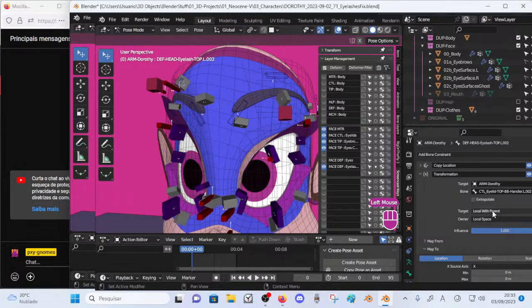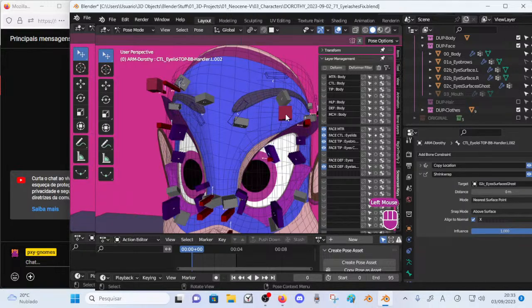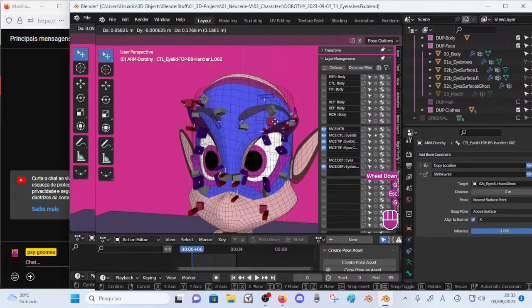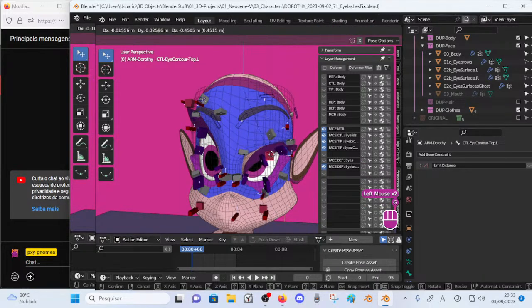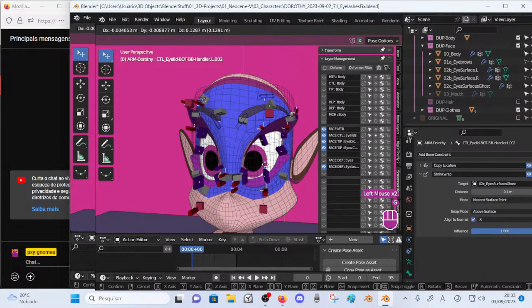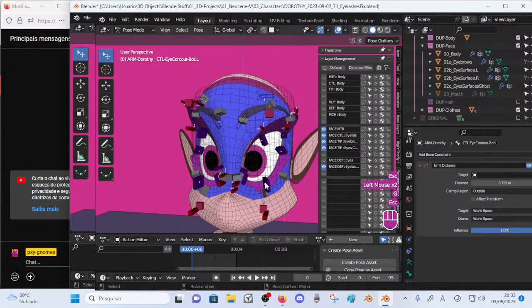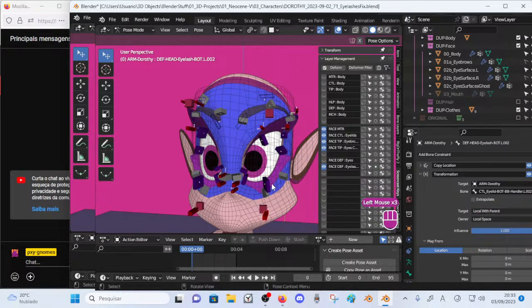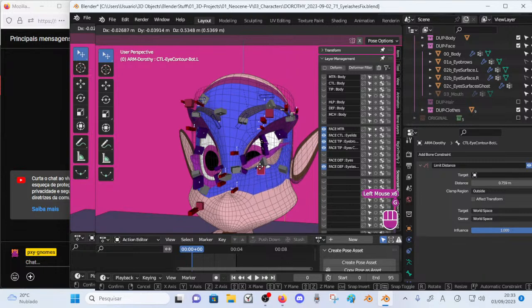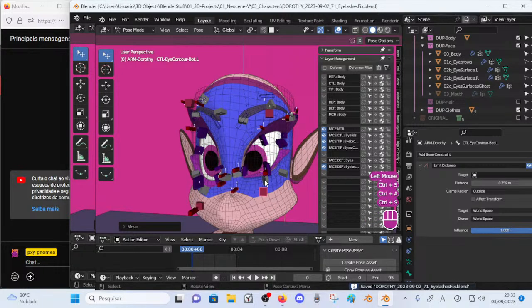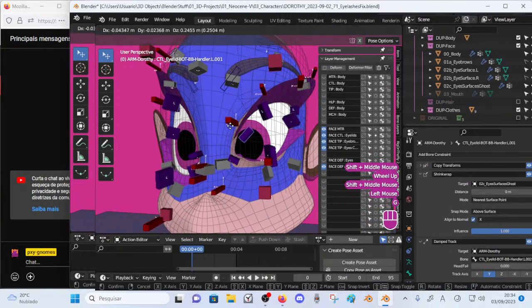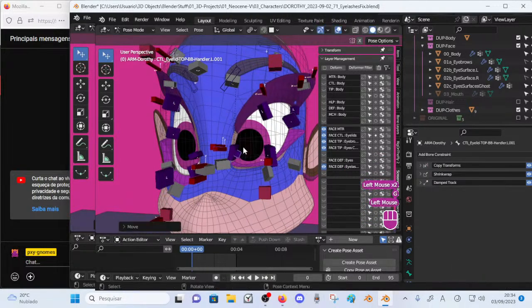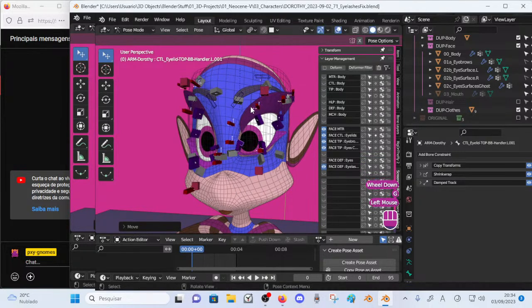Hold on. Target local with parent. The parent of whom? I assume the parent of this one, which is this one. So yeah, now I'm even more confused than when I started. But the fact is that now it works. And so I can do this, and now I need to replicate this for the bottom part too. So let's see, target local with parent. Here we go. Now it's doing it, but there is trouble because these other bones don't benefit from that kind of parenting. So I assume that,